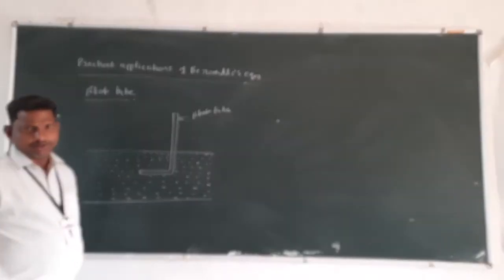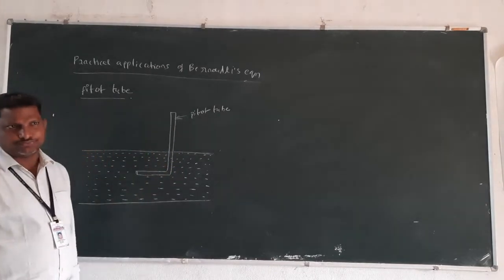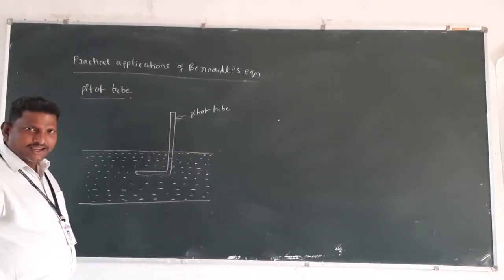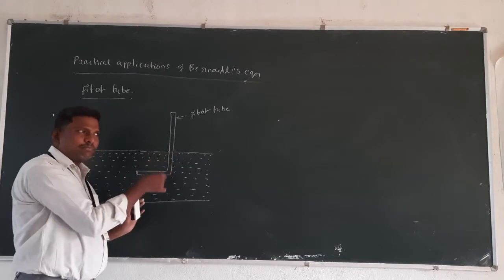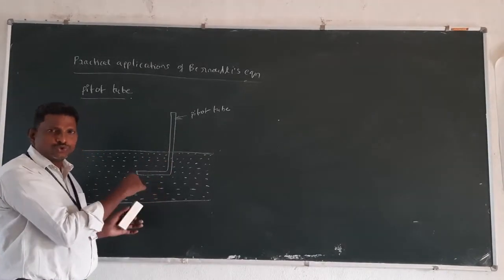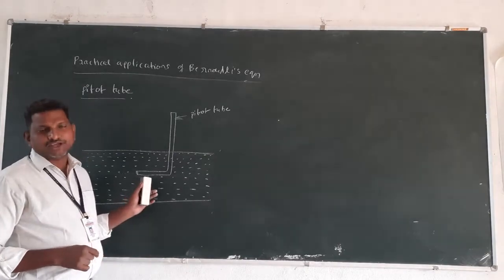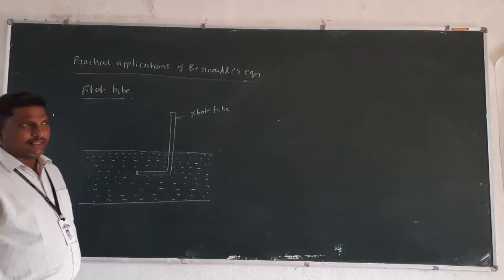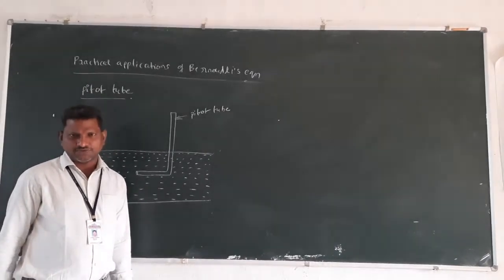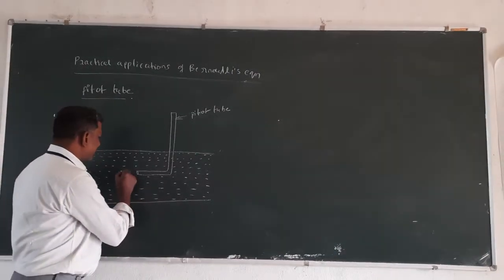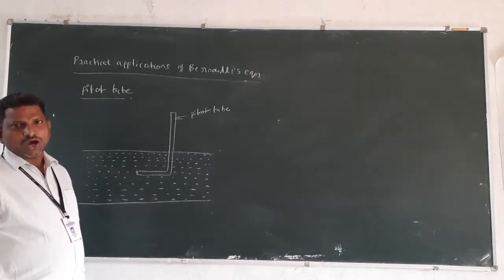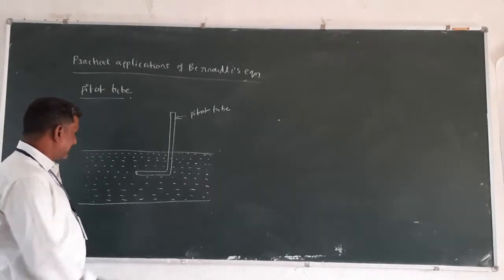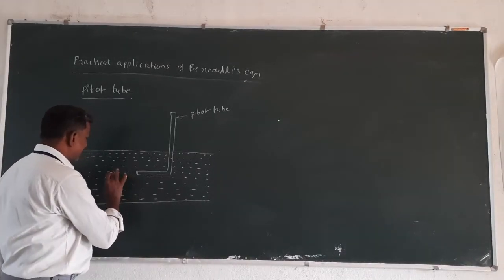Pitot tube is nothing but a glass tube which is bent in L shape. This L shape bent Pitot tube is used to measure the flow of the fluid through a channel or pipe. Okay, this is also an application of Bernoulli equation. Already I stated it. To apply the Bernoulli equation, we need 2 points. Here I am considering point 1,